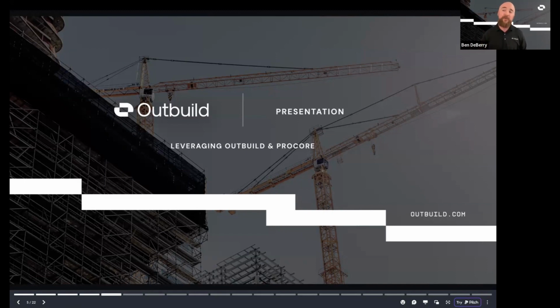And for any of you that have ever created a schedule with MS Project or within Outbuild or any other solution, you understand how complex that can get sometimes. And so we strive to really provide a simple tool that works very well. And then we want to feed that information directly into Procore. And so we want to share with you how we can currently accomplish that, and then talk a little bit at the end of this call of what that path forward looks like and what you'd like to see.